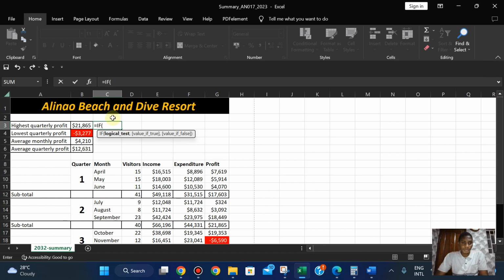Okay, that's an if statement. So the formula, it's not a function. So if B3 is equals to G12, comma, true is going to be